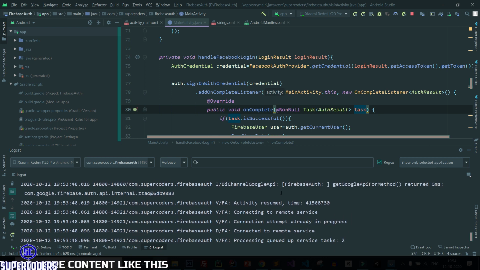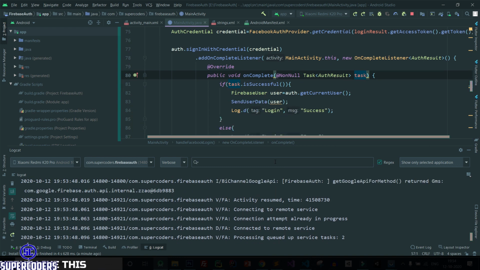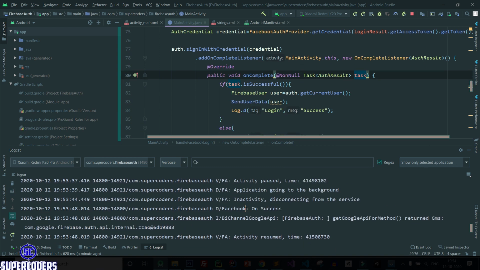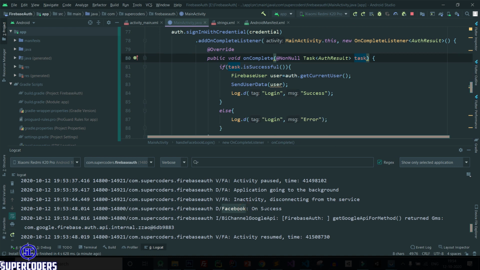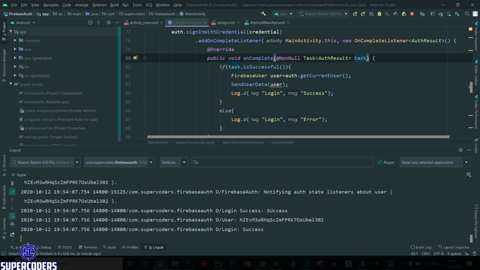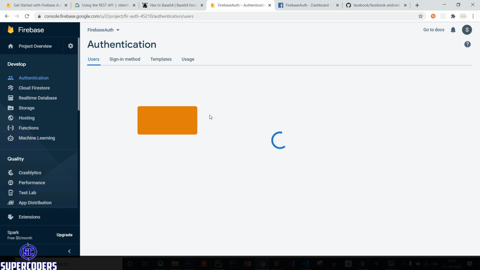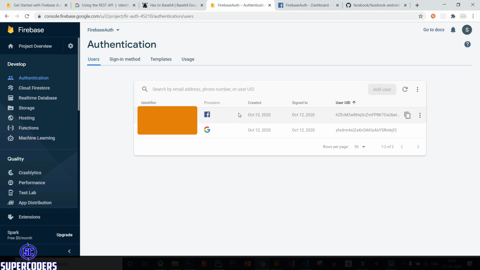And here let's see one more thing. This is called Facebook on success, and here it is calling the success method. So you can see my Facebook login is a success. You can see it is showing the success message, user ID and success message. Back to Chrome, let's check. You can see it is showing the Facebook login, username and email ID. So our Facebook login is successful.